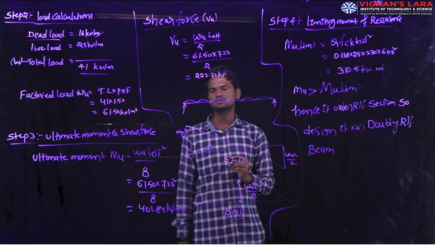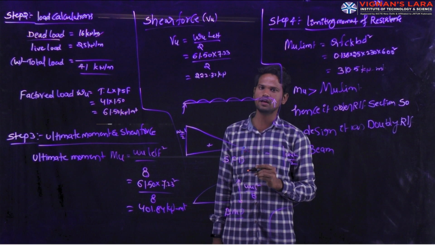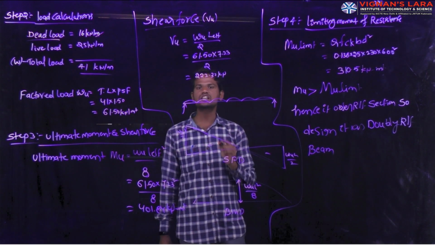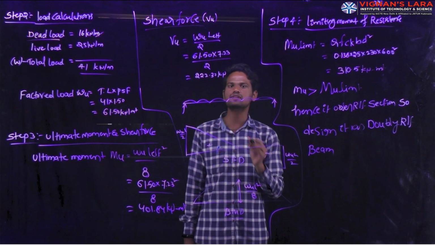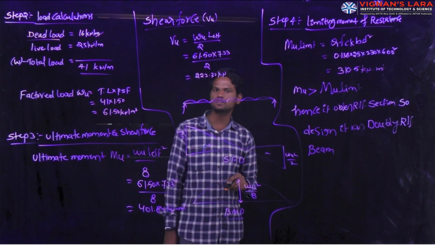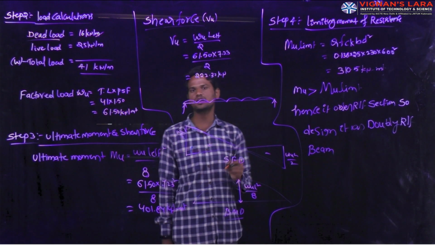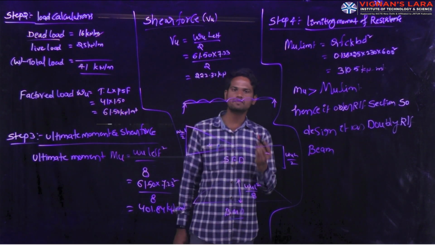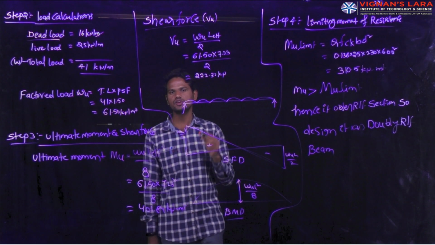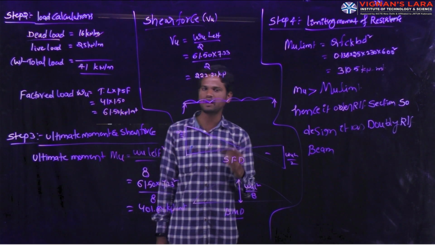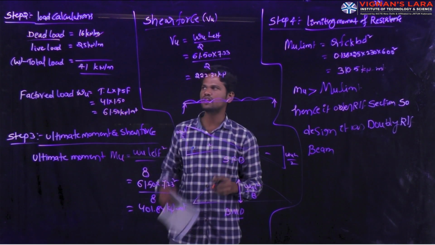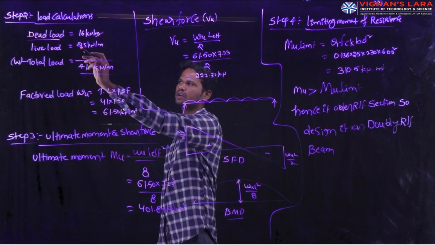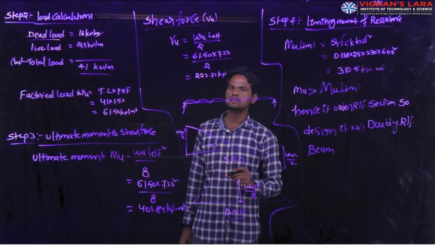In some conditions they won't mention the dead load acting on the beam. In those conditions you have to calculate the self-weight of the beam with respect to the cross-sectional dimensions of the beam, as well as what type of concrete material they are using in the preparation of the beam. For that material we have to substitute the unit weight. That is width of the beam, total depth of the beam, and unit weight of the concrete. If you multiply all these, it will come as self-weight. That self-weight is nothing but the dead load of the beam. For this condition they directly gave the dead load, so you need not calculate the self-weight of the beam.